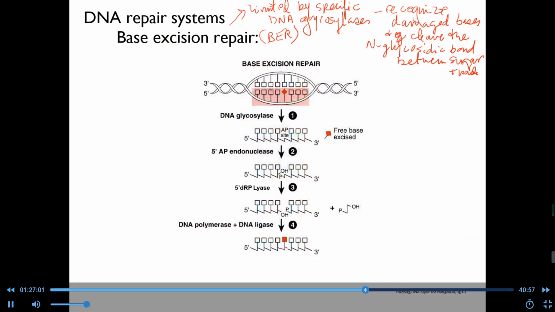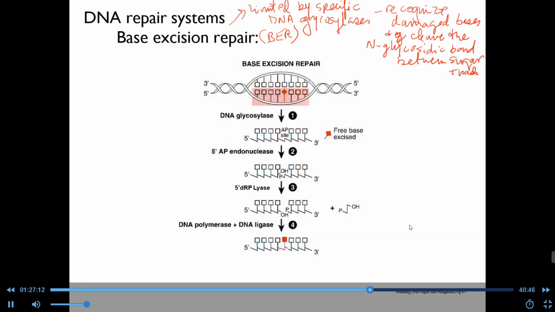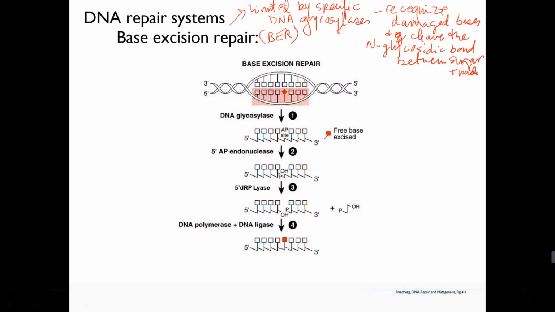The same as the spontaneous reaction that occurs in the formation of an AP site that we discussed previously. It's just that this one is actually enzyme catalyzed. So you might guess from an enzyme catalyzed versus a spontaneous reaction, this is going to have a way higher reaction rate. The downside, and the reason I say limited,